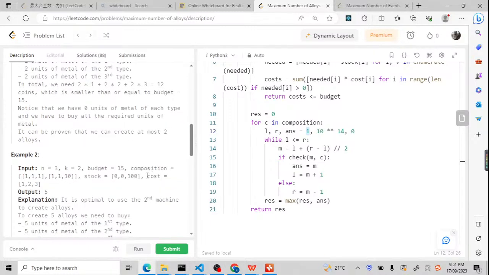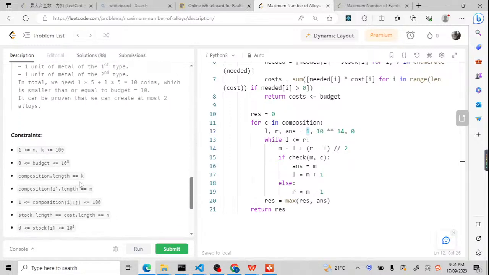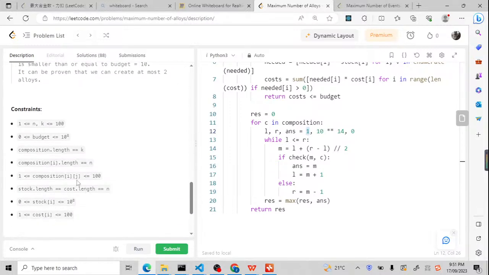Yeah, it depended on the composition array. And let's check. The composition is 100. Yeah, but we can make this value even bigger. Composition IZ, this value. Yeah, if the composition I and Z equals 1,